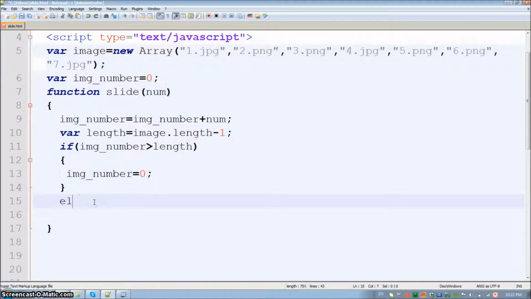And if image number is less than length, maybe if it is less than 0. So image number less than 0 means what? That we have reached our first image. So what will we do? Periodically we will go to the next image. So the next image will be the last image in the cycle. So I will write image number equal to length,